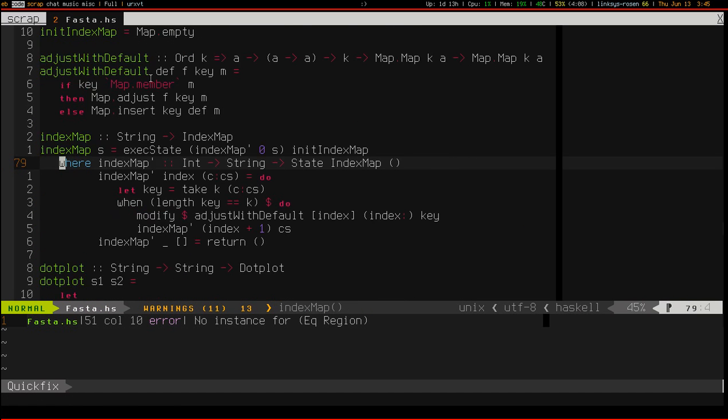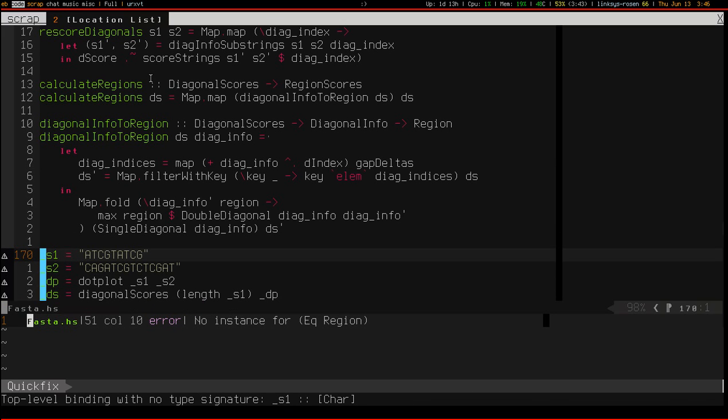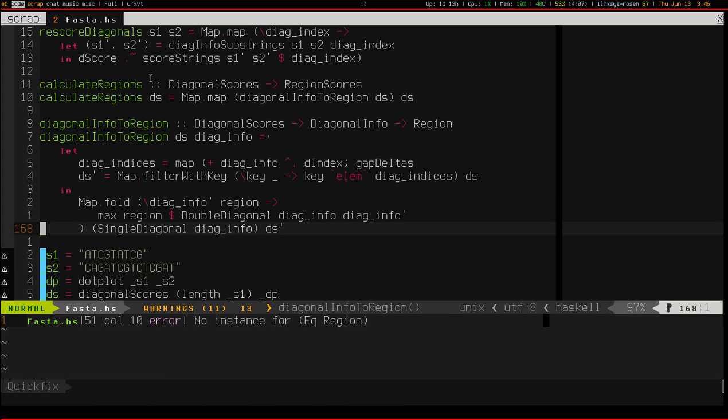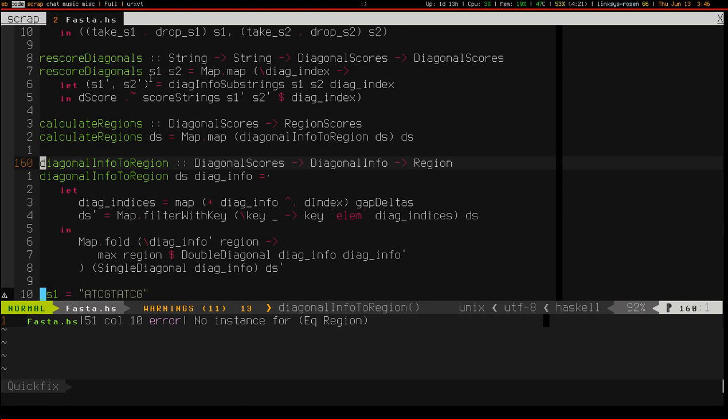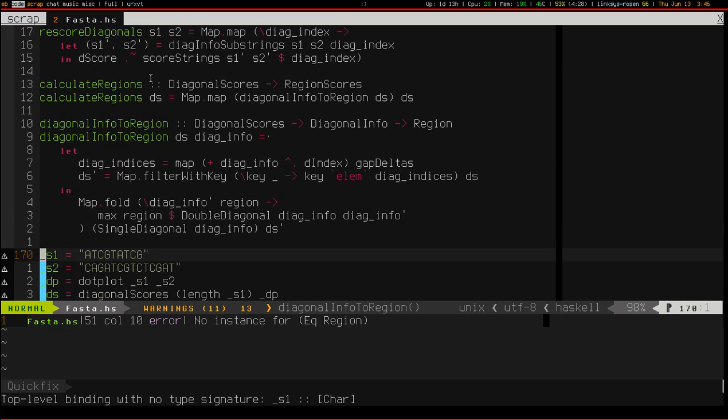And now only warnings. Hooray. Okay. So I have what now? Oh, I think I'm done. Yeah, I mapped the diagonal scores to region scores, and it's compiling, so all I have to do now is